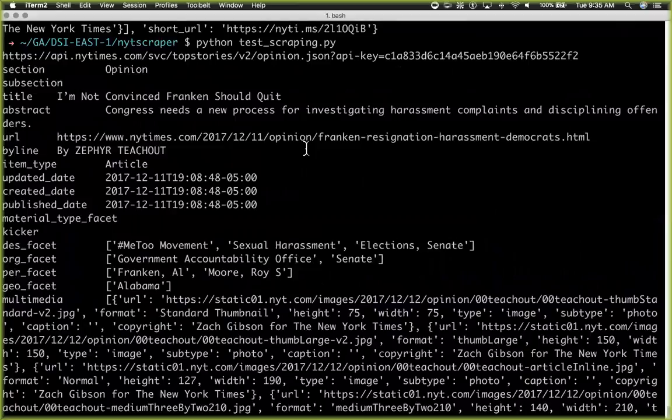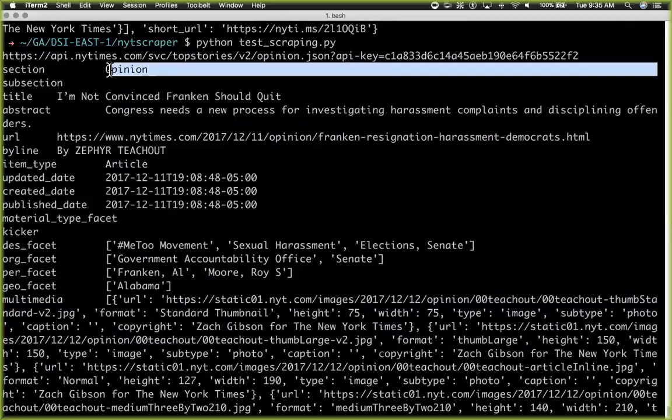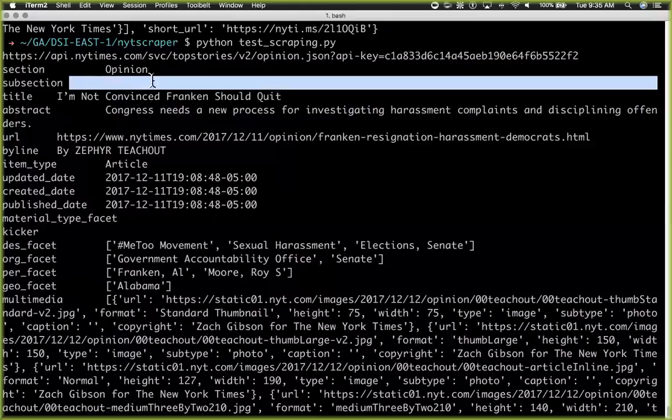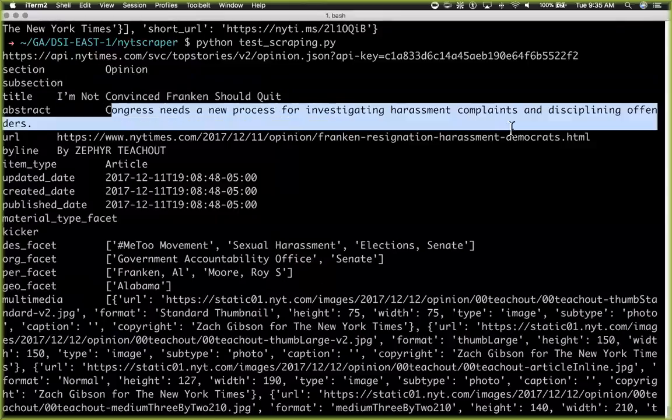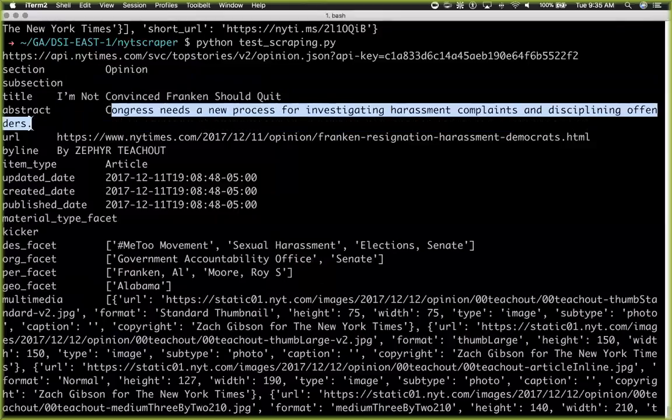But anyway, what we're really going to look for here is that we're going to want to create a model that predicts what type of article it is based on the subsection, if it exists, the title, and this abstract. Now, if we were doing this as a continually growing sort of